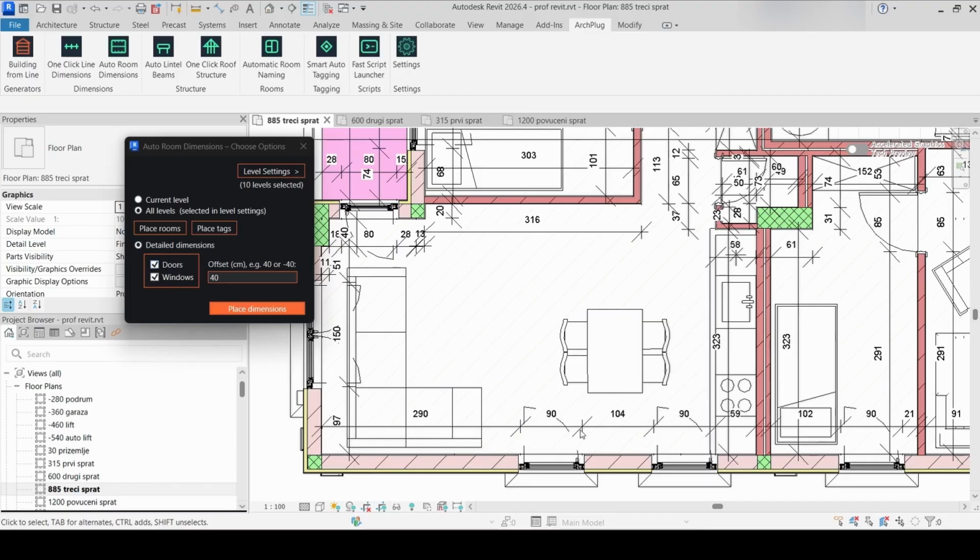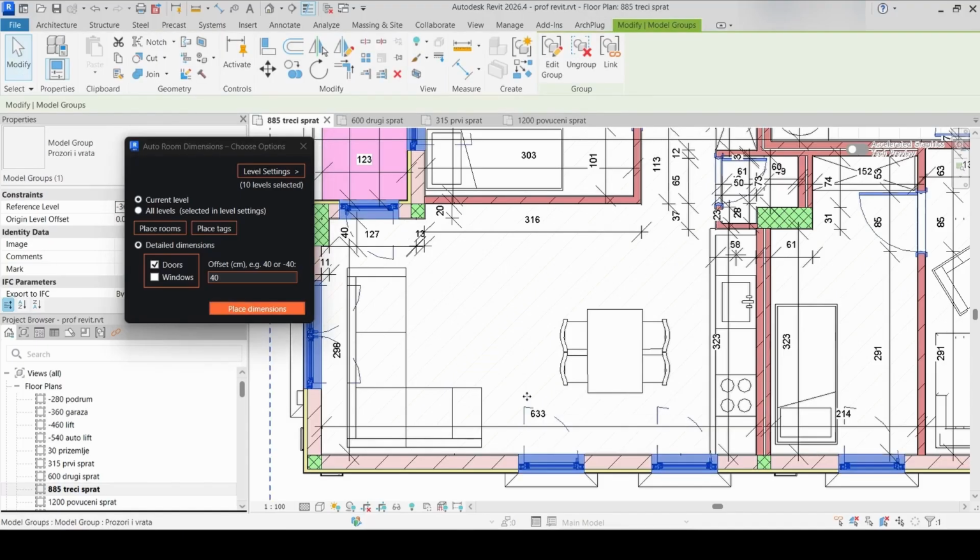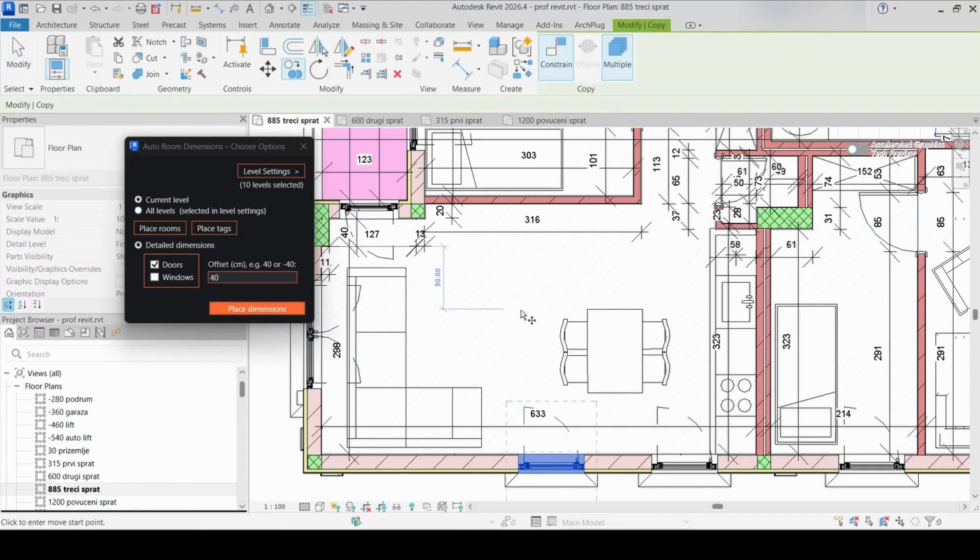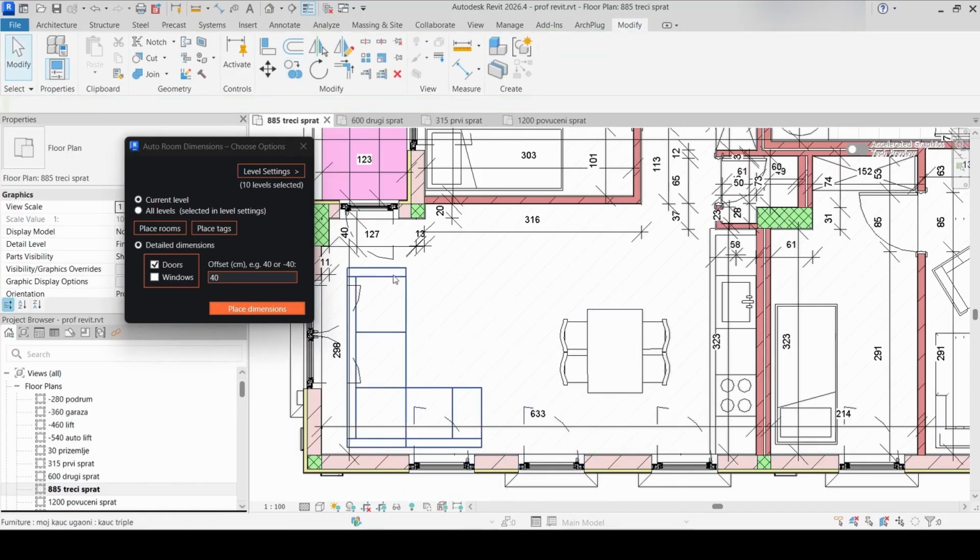But say we wanted to remove windows from it, we don't have to cover anything or draw it all over again, just click Place Dimensions again. And it simply skips the windows and dimensions the full wall length without the opening, since we deselected windows. Say we wanted to add another window, for example, if we copy one over from this side. Just as easily, we can check windows again, place dimensions, and the program will automatically